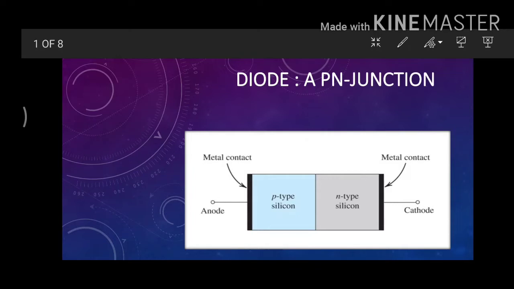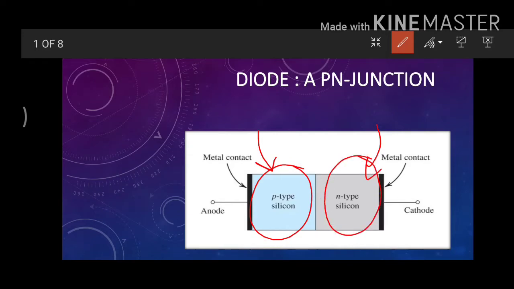To make a diode, we take a wafer of silicon or a semiconductor and dope it with p-type from one side, which is a trivalent doping, and with n-type on the other side, which is a pentavalent doping. By this, half of the semiconductor wafer becomes p-type and the other half becomes n-type. This is the basic principle of making a diode. After doping we coat the sides with metal contacts so that we can connect it with a battery or in a circuit as we want.